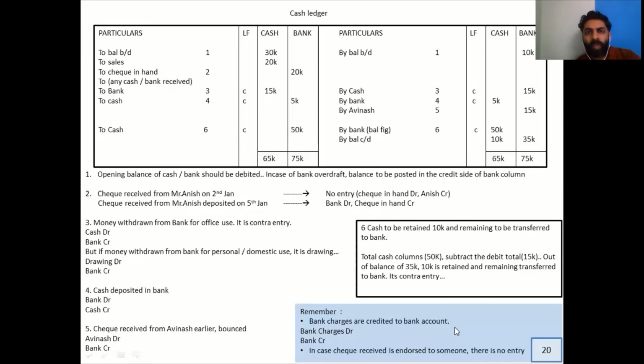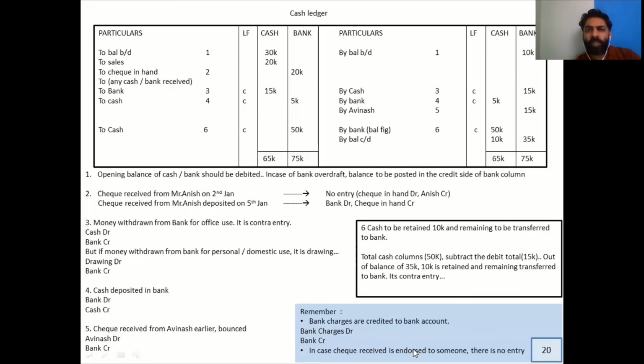In actual practice, what happens is the bank, the main head office, knows your account. They will take money from you. You don't have to give cash to them, nor will they come to your house and take cash. All right. So it is always bank charges account debit to bank account. Similarly, if a bank has to give interest to a proprietor, same thing, the bank account will increase: bank account debit to interest account.